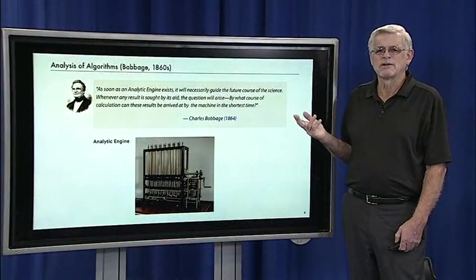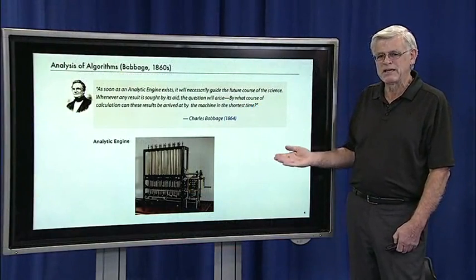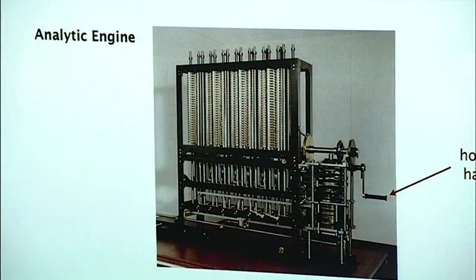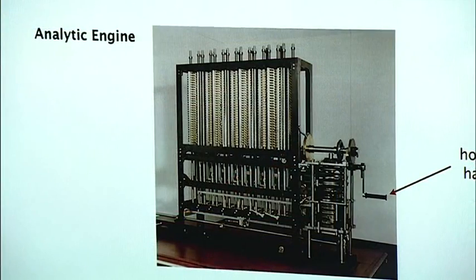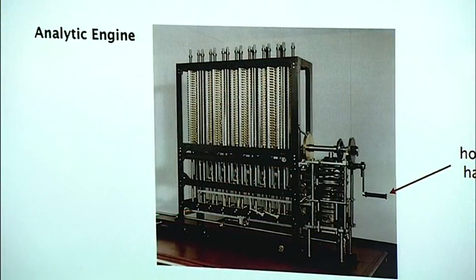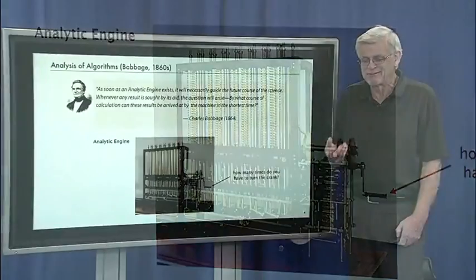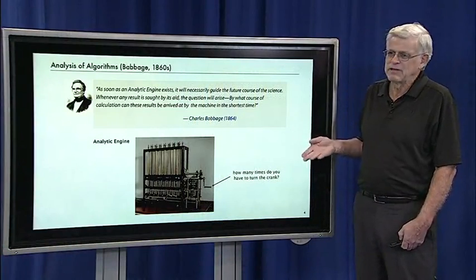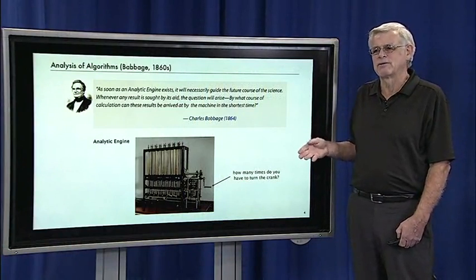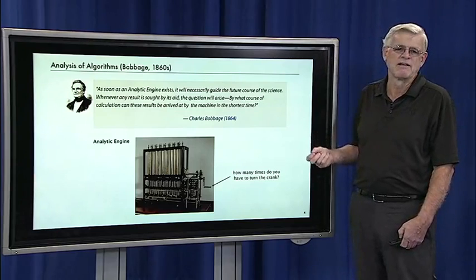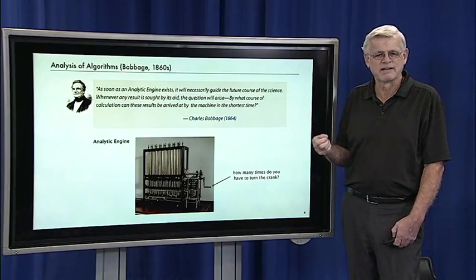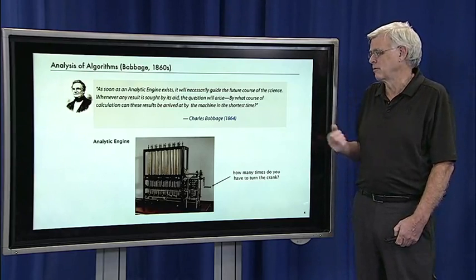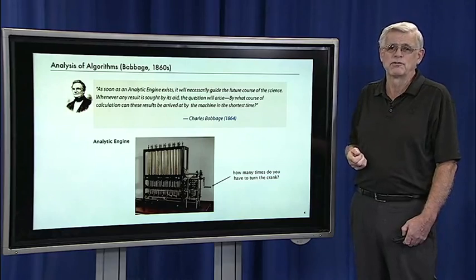That was very important to Babbage because this thing was mechanical. In fact, if you look closely, there's a crank. And the question Babbage was interested in was, how many times are we going to have to turn the crank? Obviously, a very important question. And really not so different than the kinds of questions that we ask today when we ask whether we can get a task done before our cell phone runs out of battery power or whatever other scarce resource we care about.